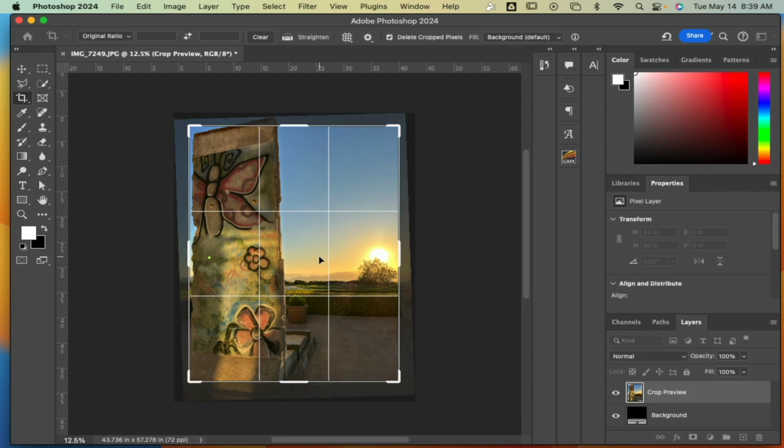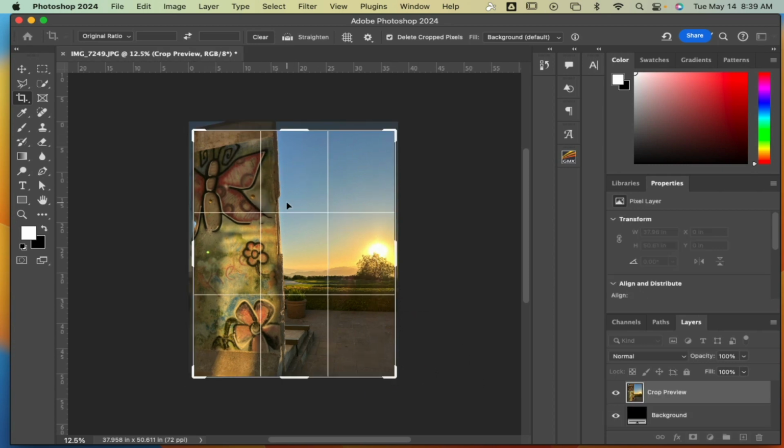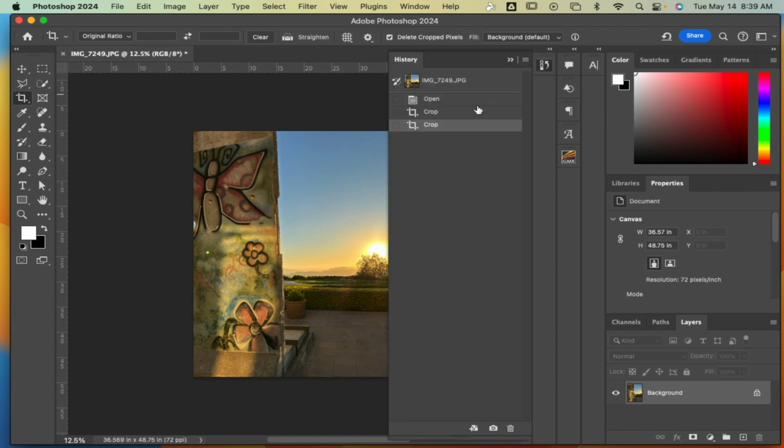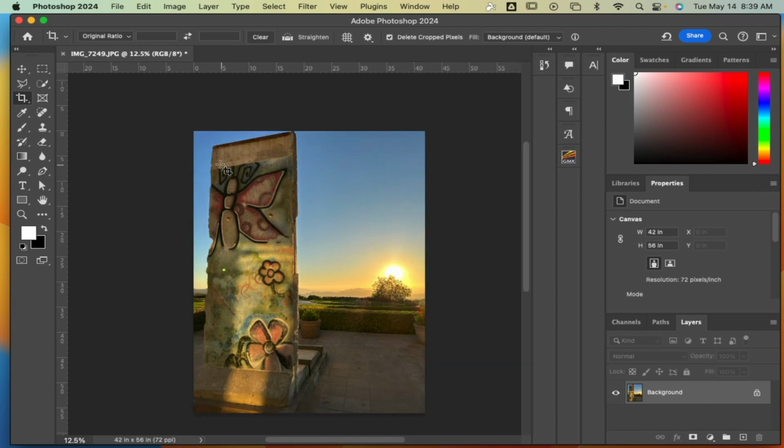This is from the Reagan Library. I got it at sunset when I was up there for an event. See, I don't like that. Okay, maybe I'll do it a little bit more. Get rid of that unneeded blue. Go back in the history, look at it without. Yeah, I actually like this now that I see it with it. So maybe